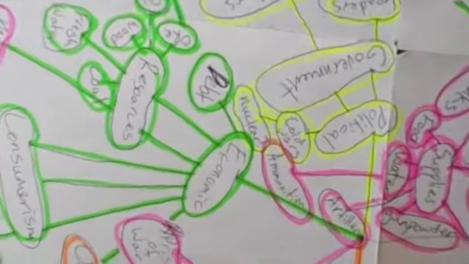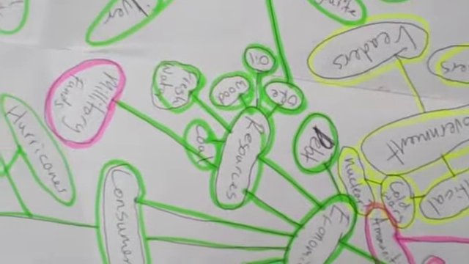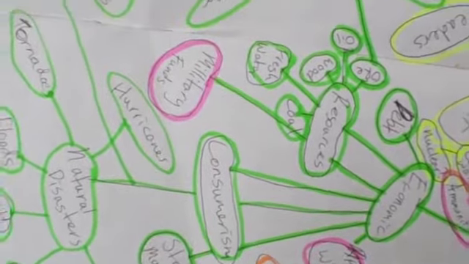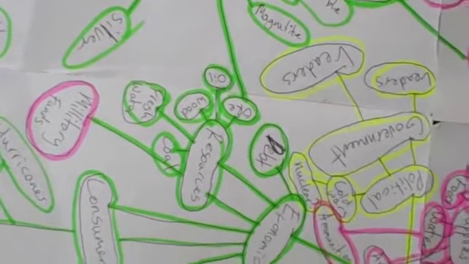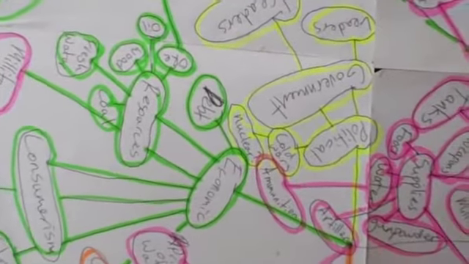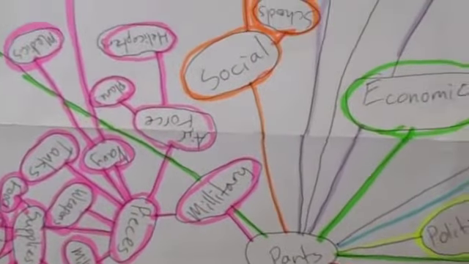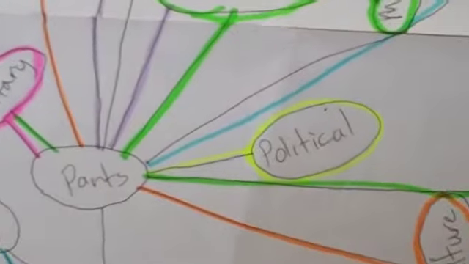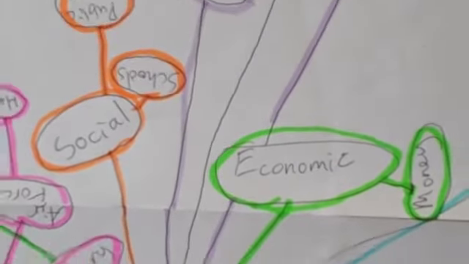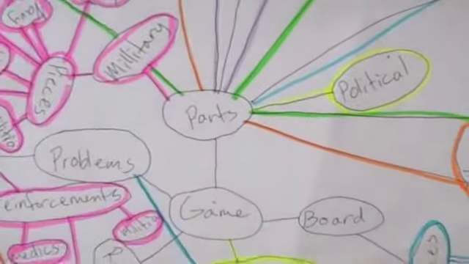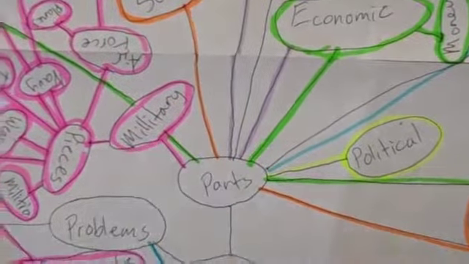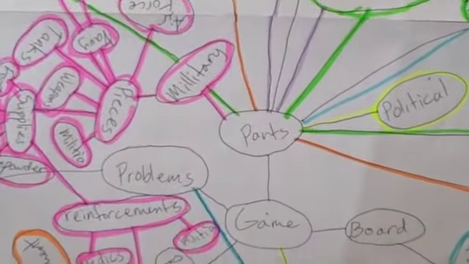Like under economic things, what would you use to get money, and who would use those resources, and what would they be buying things with, and stuff like that. And then the rules that I haven't really gotten to yet. Government, like different types of government, how that could cause conflict among people. The board, what would we use for the board, how would we make it, and stuff like that.